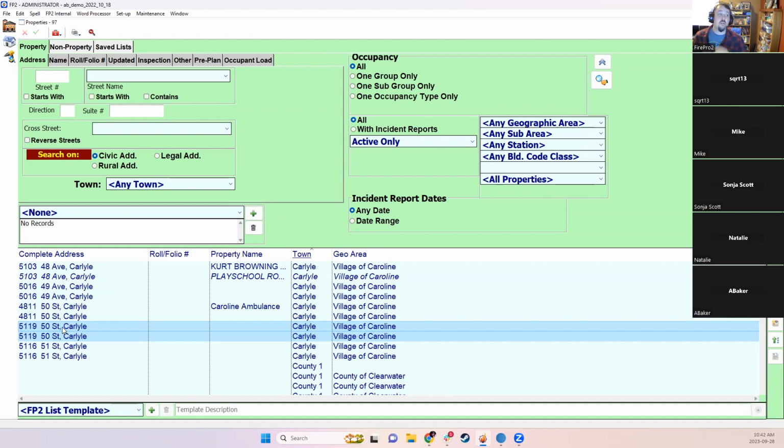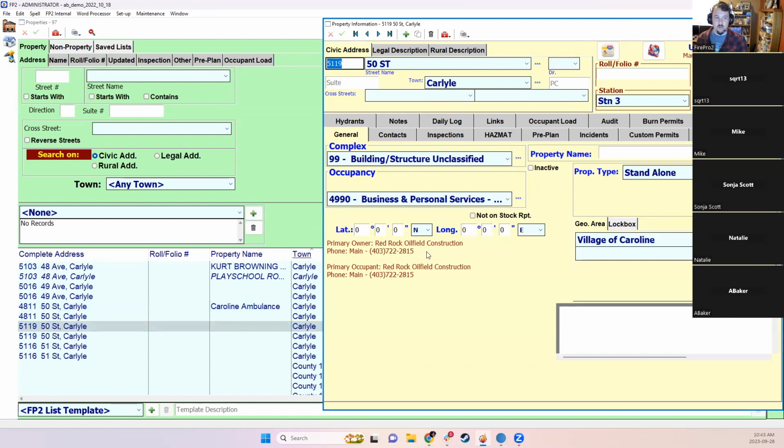So the first thing that we can do if we want to clear duplicate properties is we have a function in FirePro called merging. So merging properties allows you to get rid of one of the property records, transfer all the stuff that was attached to it over to a different property record. You still keep all the incidents, all the burn permits, everything like that, but you get rid of one of the two. So one of the ways to do that is if you are in the property record itself